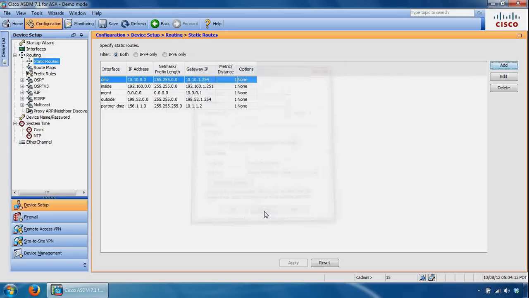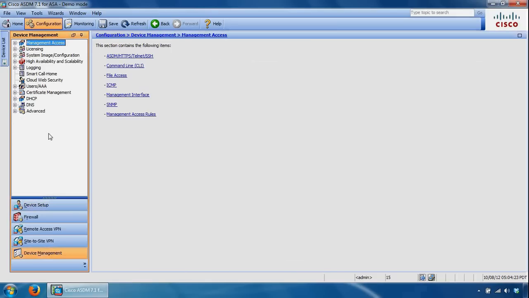Okay, let's have a look at DHCP settings next. So that is configured in device management and the DHCP option here. So you've got two options. We're not looking at DHCP relay, but DHCP relay passes DHCP requests received on one interface to an external DHCP server located behind a different interface. We're just having a look at the DHCP server,